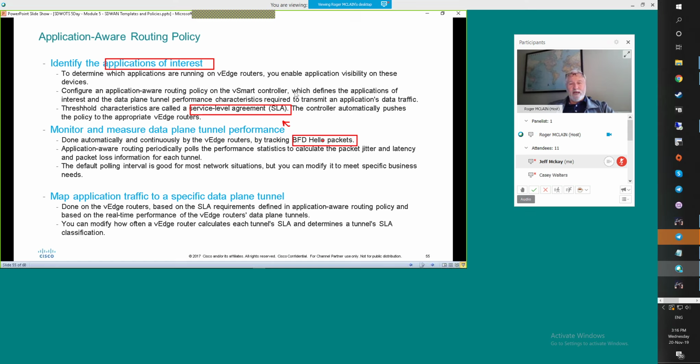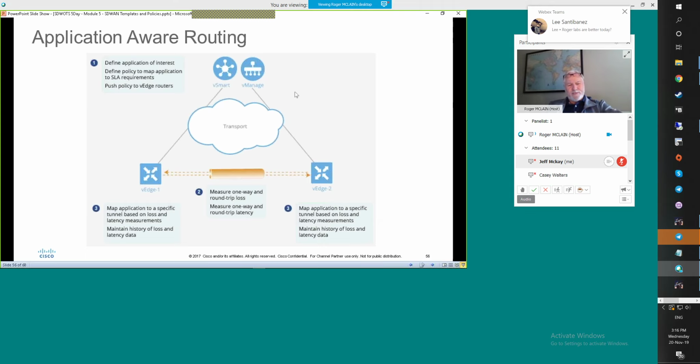So once you have BFD monitoring transport A and transport B, you may decide to map that application traffic to a specific tunnel. Use MPLS as your primary path over, say, a business internet, or vice versa for that matter. So this is diagrammatic really of the prior page. Define your application of interest. You're going to create a policy that maps the applications to a specific SLA requirement: application A for packet loss only, application B for packet loss and latency, and application C for packet loss, latency,